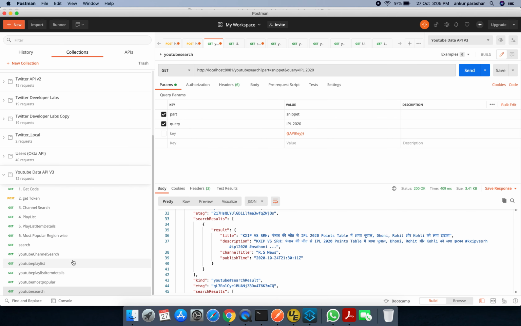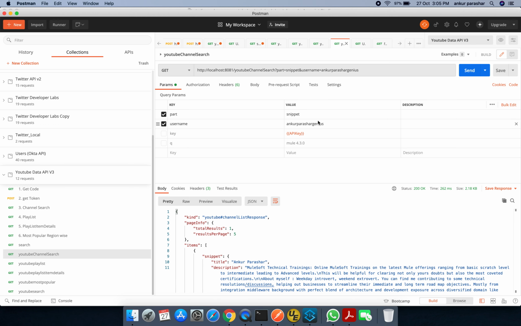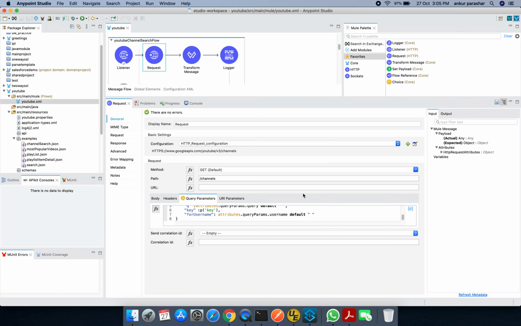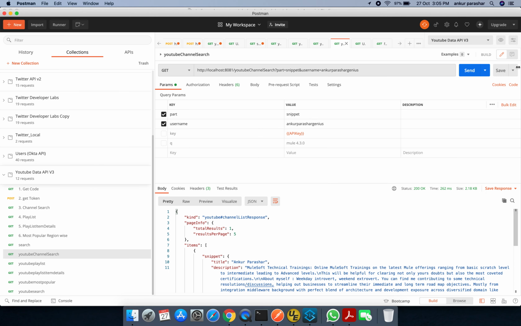So this is my username. You can see it within the URL of my YouTube channel as well. I'm just passing this snippet and username, and the key is being picked up from the YouTube properties file. If I click on the send button, let's see what response I'm getting.